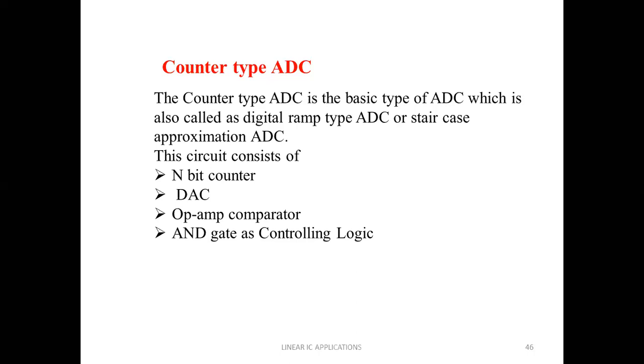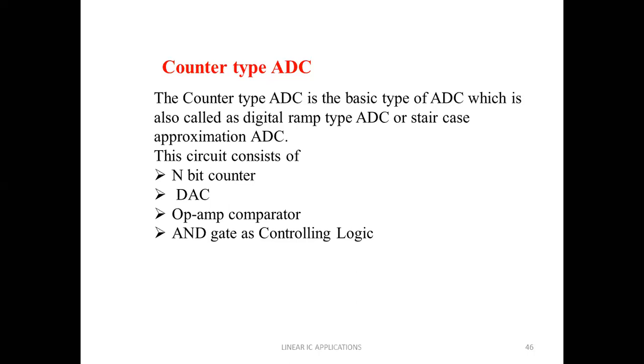A to D converter is that the number of comparators required almost doubles for each added bit. As you already know, the number of comparators required is 2 power n minus 1. That is the only disadvantage of that particular ADC, the parallel comparator type ADC, whereas in case of speed, it has more advantage.